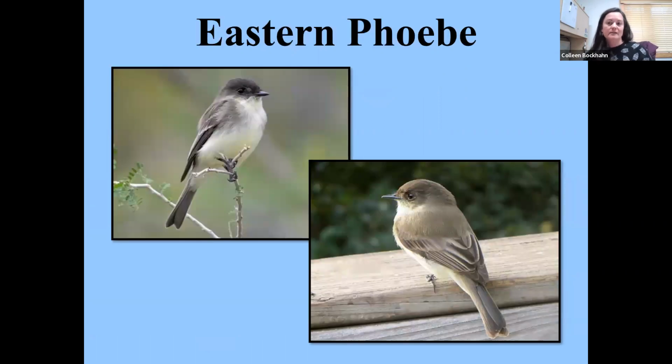Here's sort of a nondescript bird that you may have seen and possibly overlooked before. This is the eastern phoebe, very common throughout our area, and we do see this year round. They're much more obvious in the spring and the summer, though, because they tend to have territories and they make themselves pretty well known. One of their behaviors is to sit way up on a branch. Ideally, a lot of times it's a branch that doesn't have any leaves on it, so it's sort of open and obvious. And also they may sit way high up on a fence line,